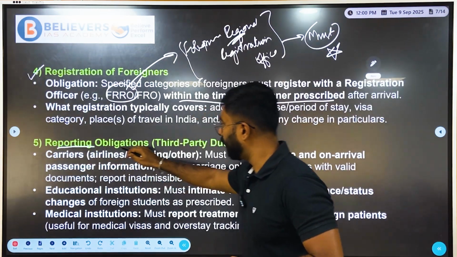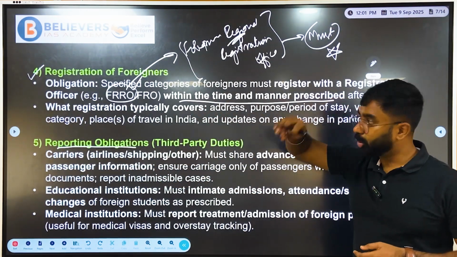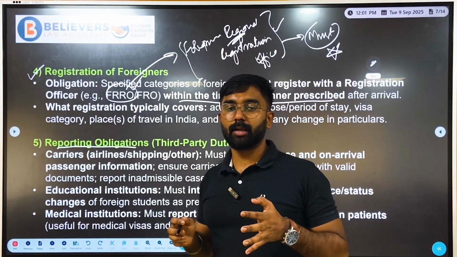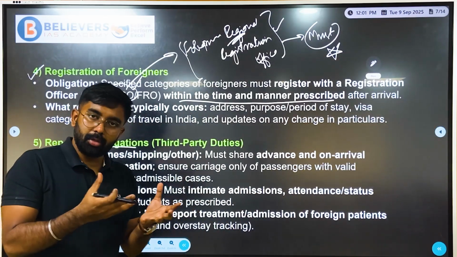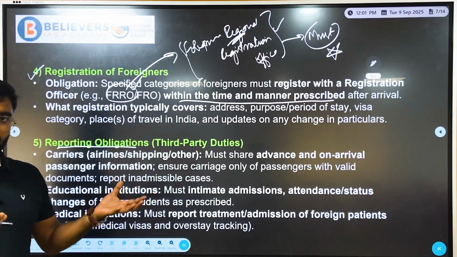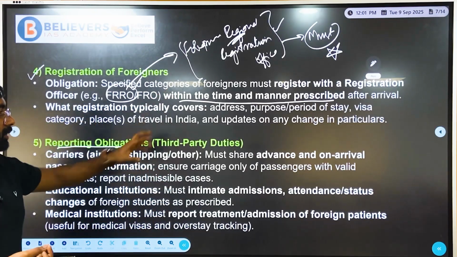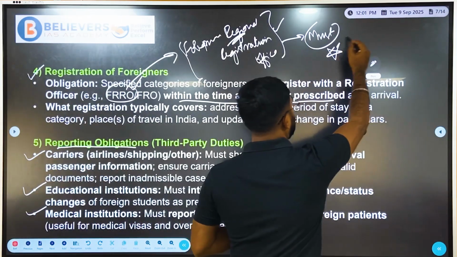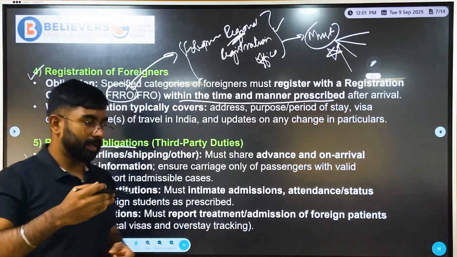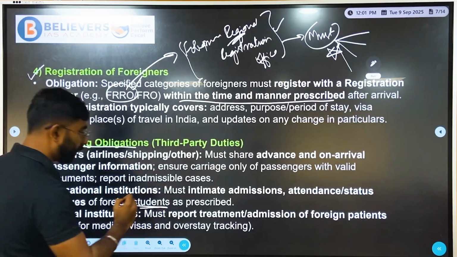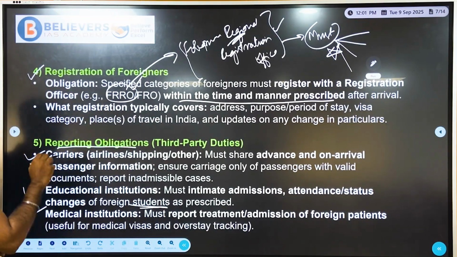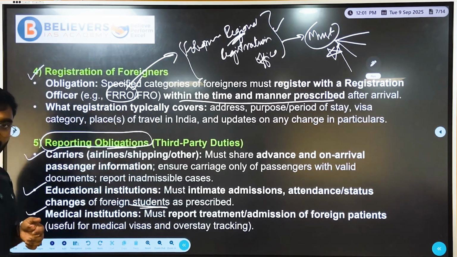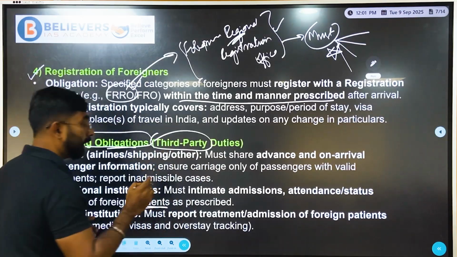Then comes the reporting obligations, because although a few persons are registered under the FRRO, it doesn't mean that they are left loose to do whatever they want in the country. Let's say once they enter the country, the registration is done. Now, all the places they visit, the next point of contact of this foreigner in the country, wherever he goes, right? Maybe, for example, he is a student who comes to India to study, right? So now, in order to ensure accountability, a reporting mandate has been created amongst third party institutions